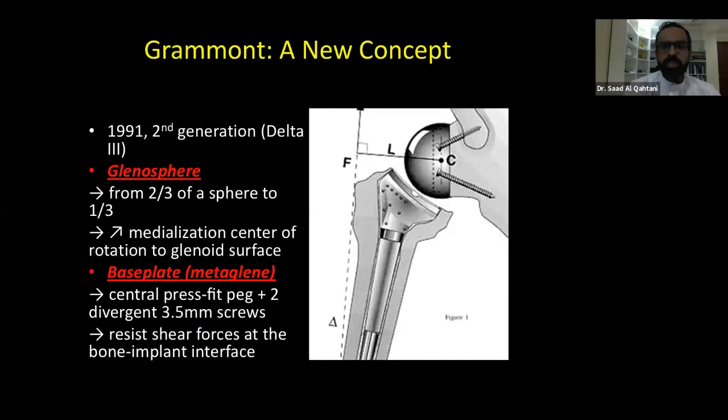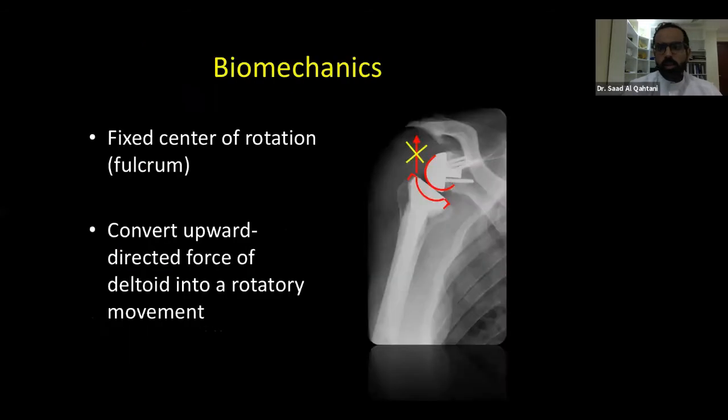So there were some iterations in his implants. He moved his glenosphere from two-thirds of a sphere to about a half or one-third, which increased the medialization of the center of rotation toward the glenoid surface. His baseplate had a central peg added with two divergent screws to resist any shear forces at the bone-implant interface. So by shifting the center of rotation medially and distally, the implant acts as a fixed center of rotation,